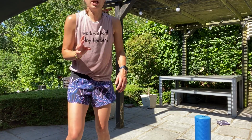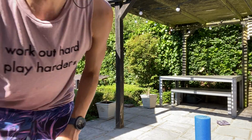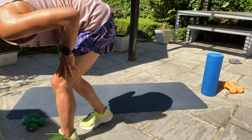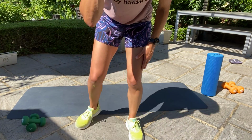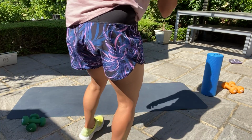Okay, I'm going to mix it up a little bit now. We're going to move on to a more glute focused exercise. We're going to be down on the mat for this. So if you've got a shady spot,